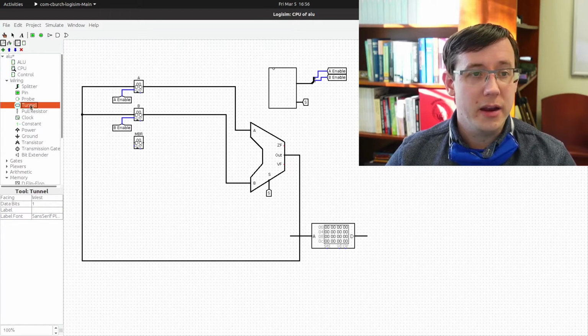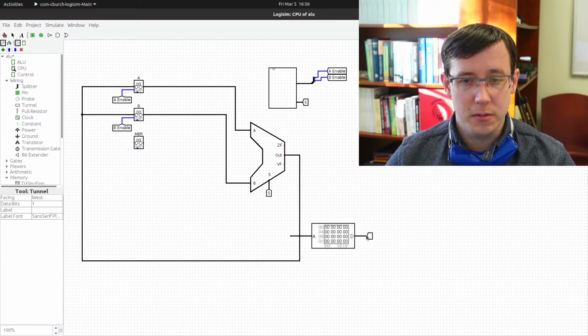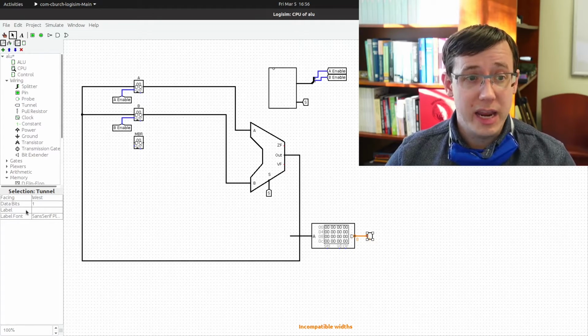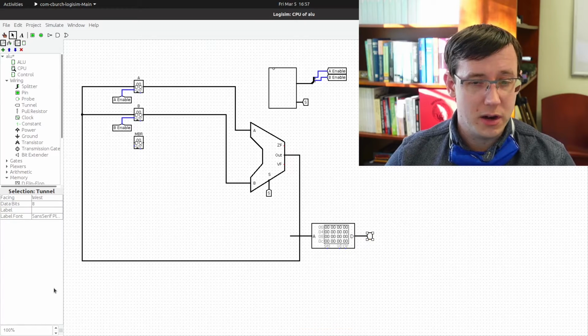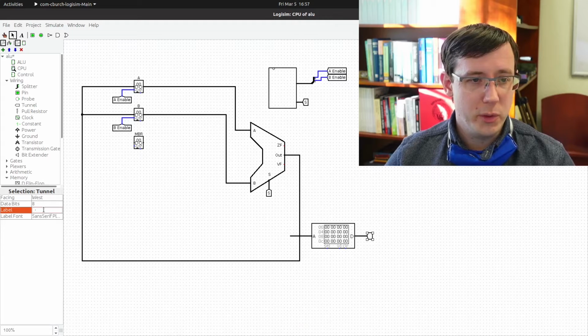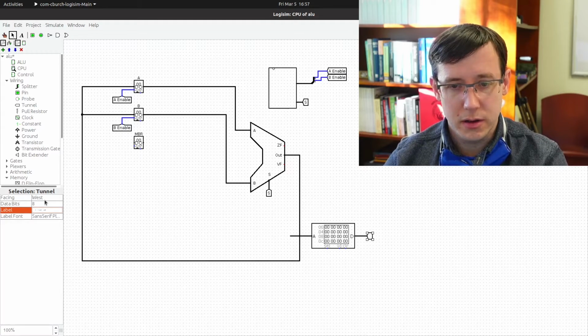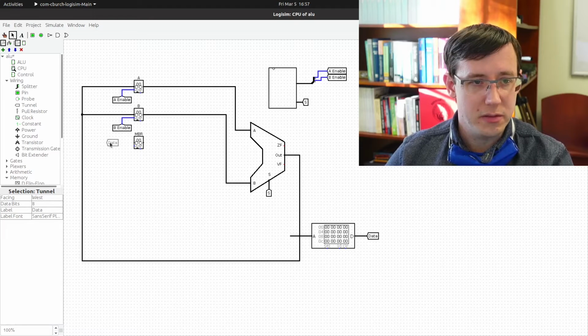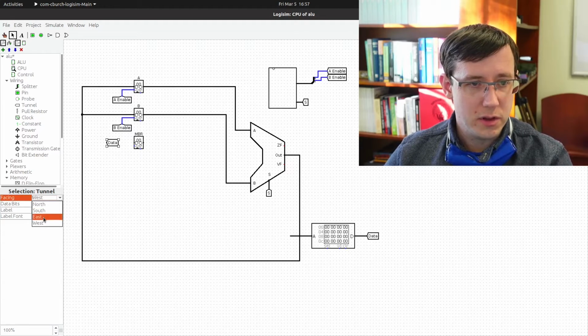And we'll again take advantage of a tunnel. The output of the RAM is an 8-bit bundle, so we'll make our tunnel have data bits equal to 8. And we will label our tunnel data. And then we'll make a copy of that tunnel facing the other direction and connect it as the input to